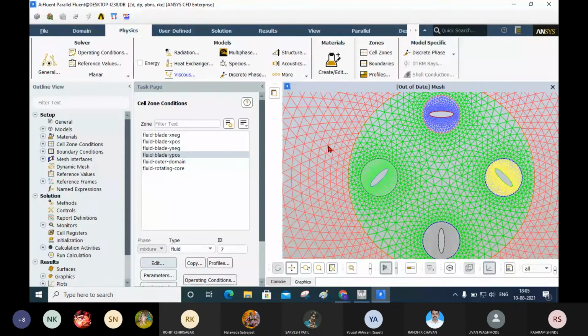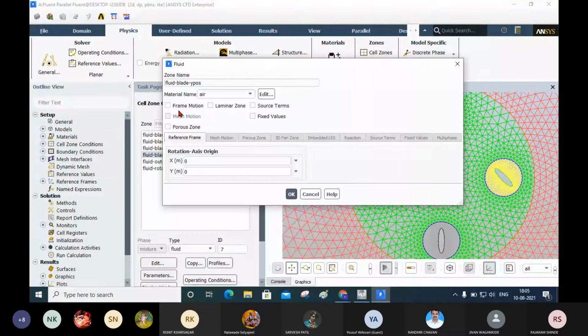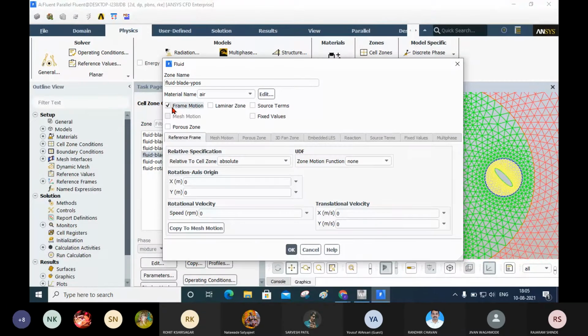After that, you see here you have to select frame motion, and here you select the fluid rotating core, because this blade is rotating relative to the fluid rotating core. So we have to select relative to the cell zone. If it is not rotating relative to the cell zone or any other zone, then you have to select absolute.